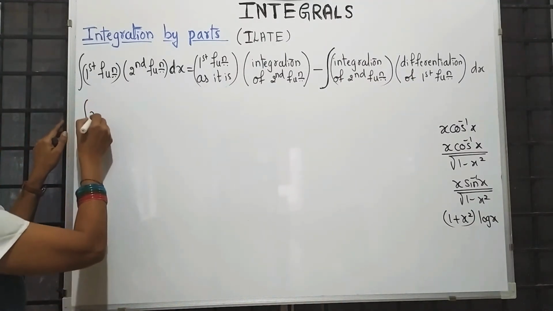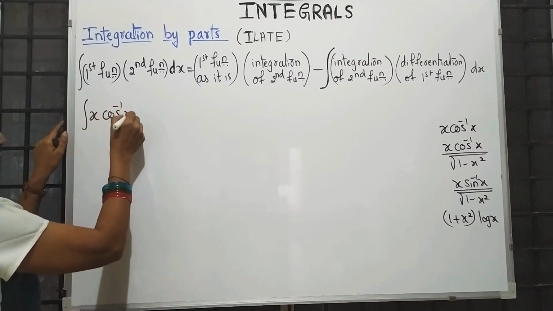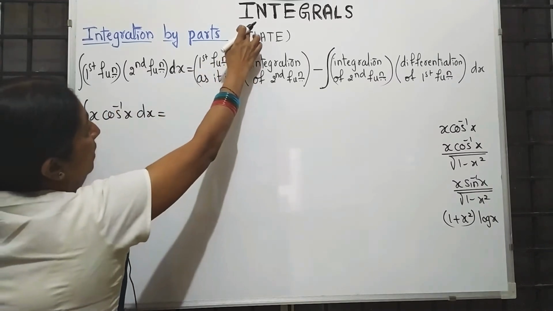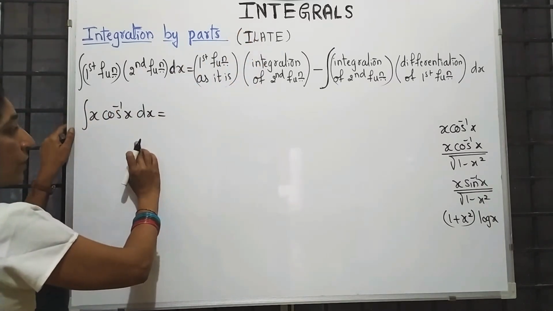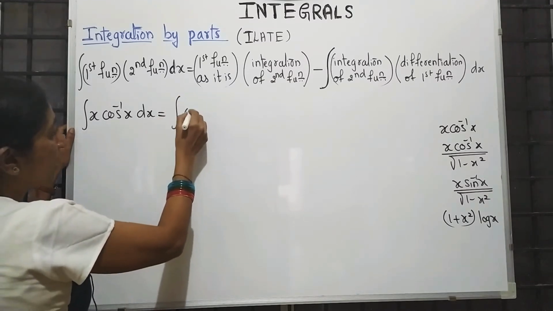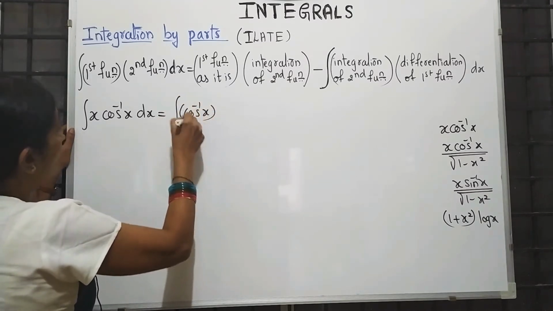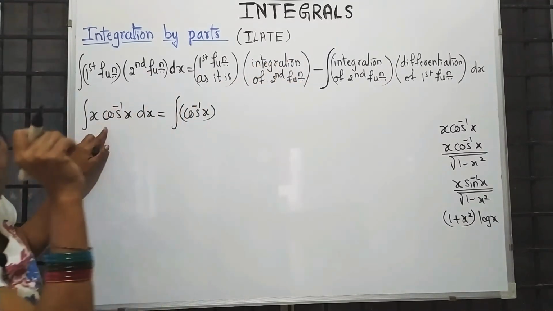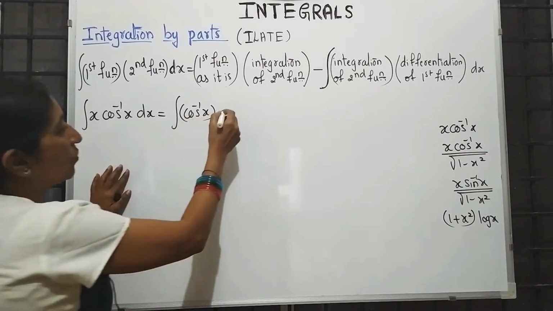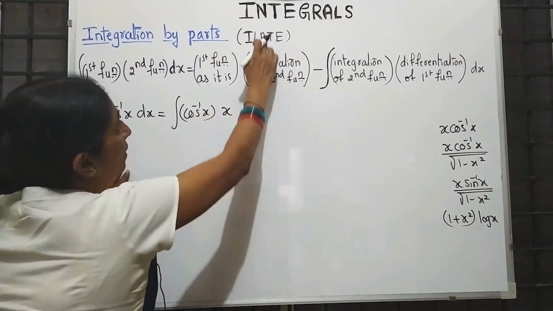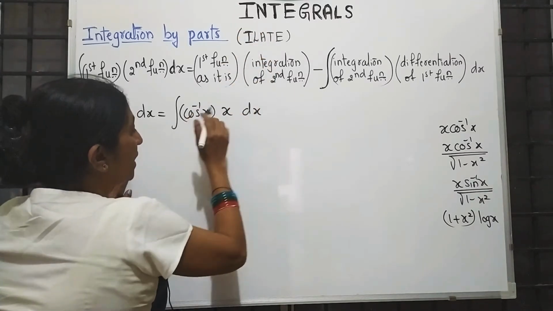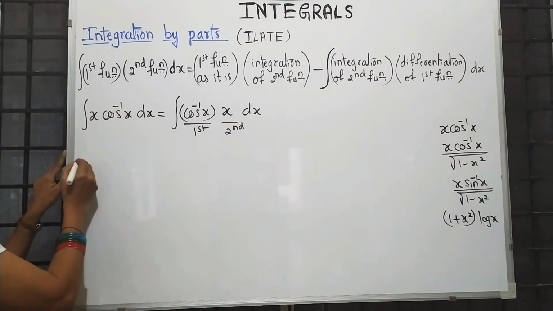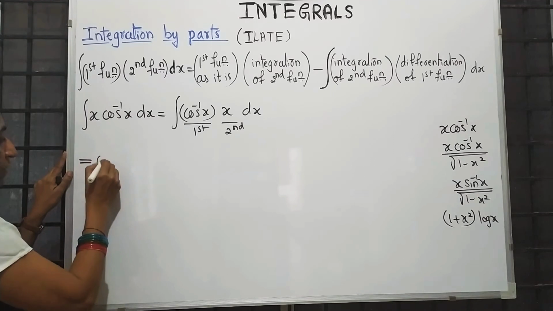First homework question: x into cos inverse x. Here I is the inverse trigonometric function, and we have to arrange it first, because if we take this as the second function, we have to write its integration, and we don't know the integration of cos inverse x. So cos inverse x is the first function, and x is the second. Inverse is the first, algebraic is the second. According to that formula, I am writing the first function as it is,